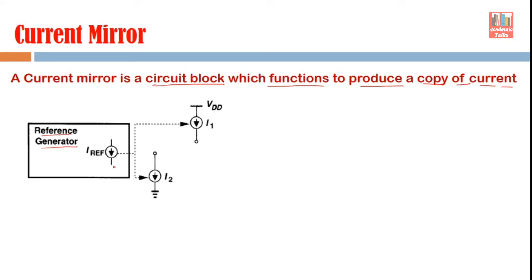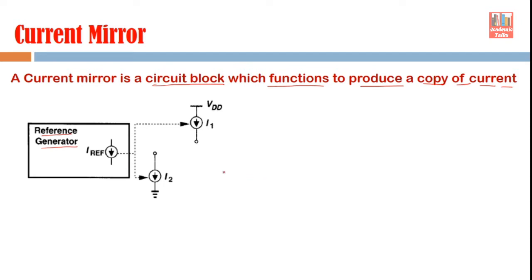But the circuits which we have seen so far are very simple current source circuits. When we use one in an electronic system, we try to improve its performance and we do a lot of things. We make many corrections so that the current can remain stable in the system. Because of that, the circuit for generating a constant current becomes very complex. So if we need constant current sources at different locations in an electronic system, it is not advisable to repeat the same kind of complex current source circuit at multiple locations.